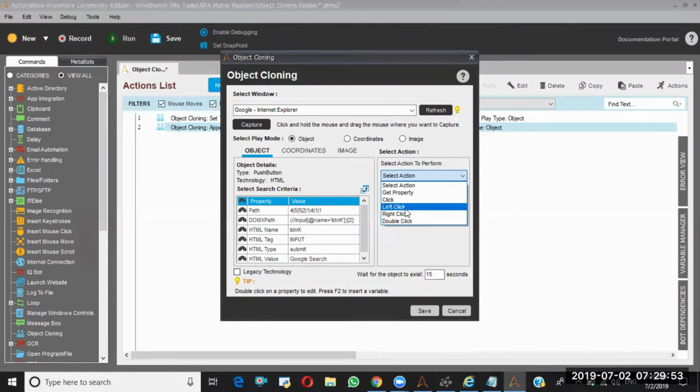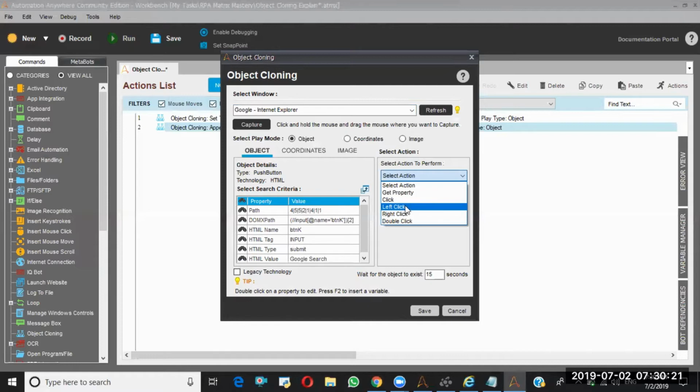Technically, from the user perspective, both are the same, but from the automation perspective, both are different. The operation of these two things is the same. Both will perform the same things, but technically from the Automation Anywhere side, both are different.